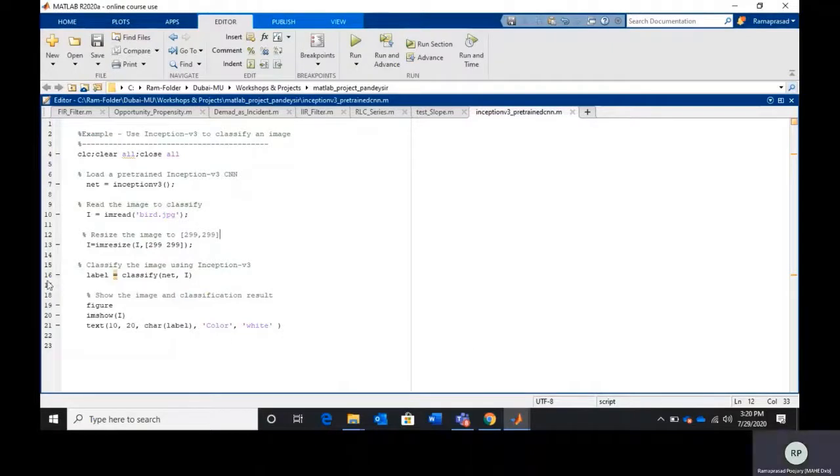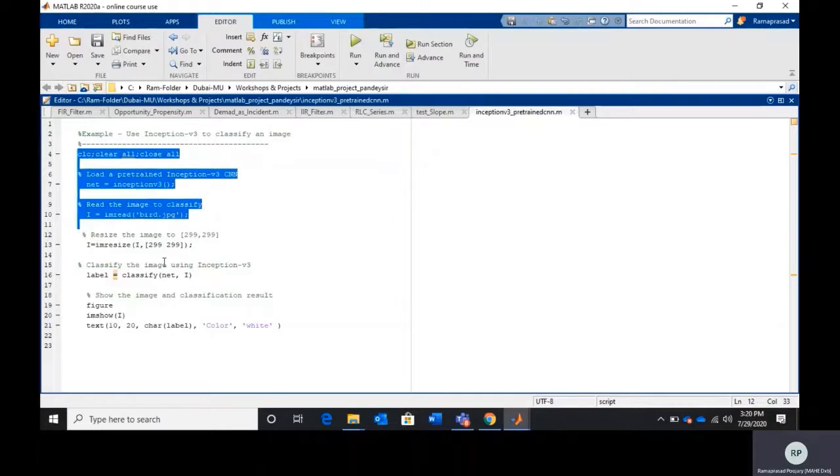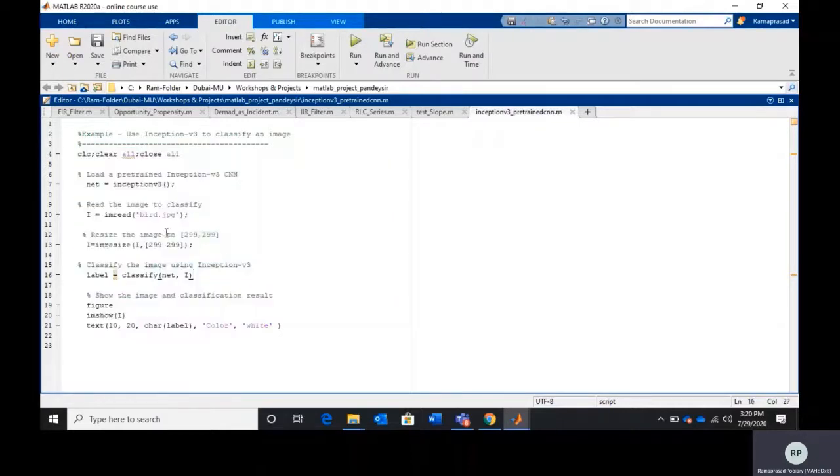So I have the editor window of MATLAB, and a small piece of code is written for classifying my image. I have a test image called bird, which is the image of a macaw parrot. Let me check whether it classifies properly. If you look at the code, in the first line I need to load the pre-trained Inception v3 model.